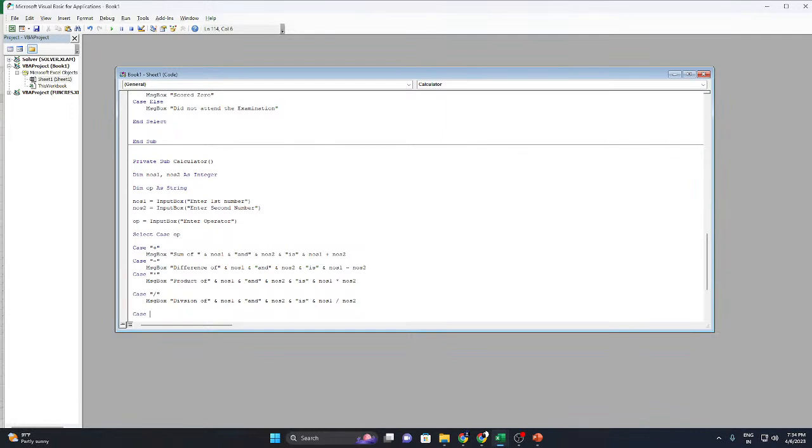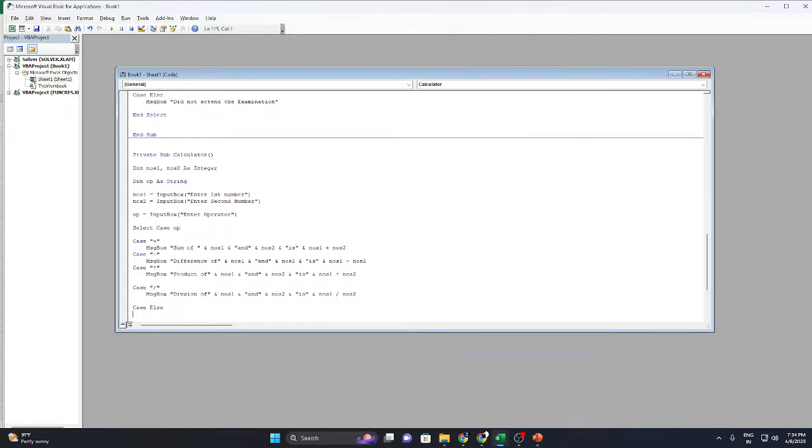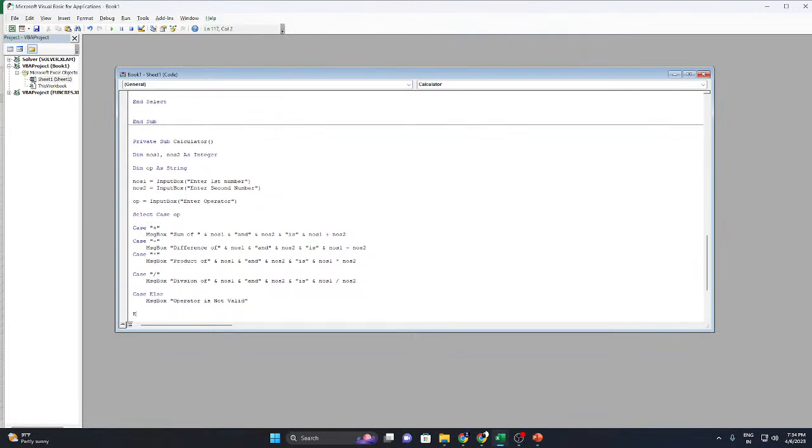At last we have the Case Else block, and inside that block we're going to write a message box saying "operator is not valid". If the compiler sees any operator other than plus, minus, star and division, it will throw this message box, operator is not valid. Now let's end our select statement and execute this